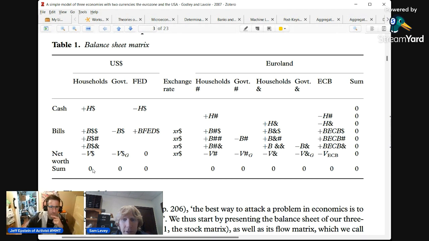Sorry. Yeah. Just repeat that last thing, please. Yeah, sure. So you can read equations off this table. And if you look at the columns, if I look at this US household column and read it off and write an equation, you get an equation that describes the household balance sheet. Okay. So it's like households. Yeah. Vertically, it seems clear.